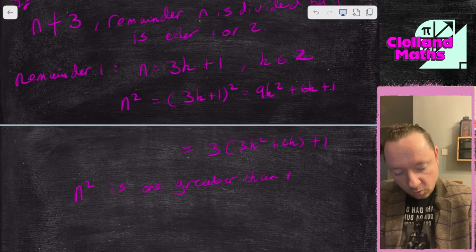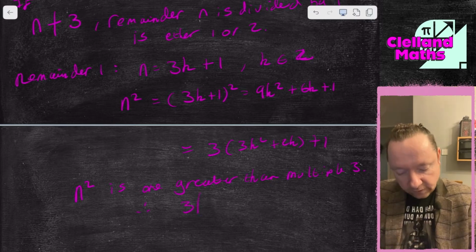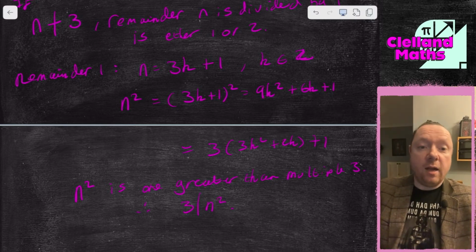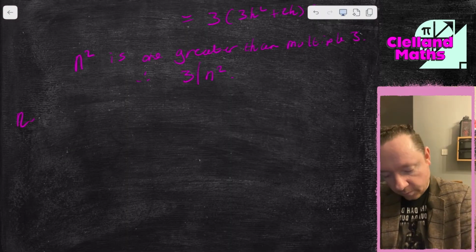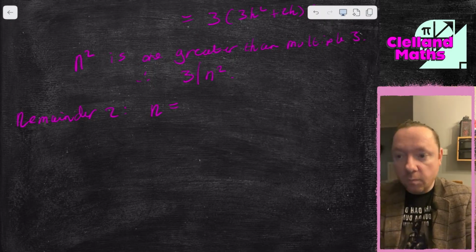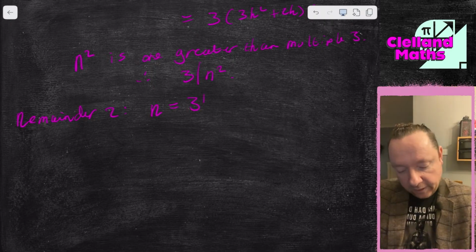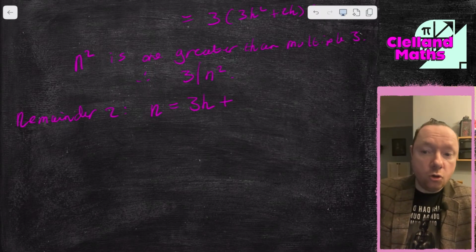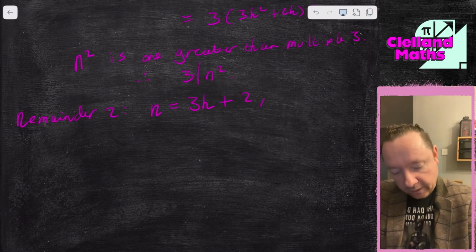One greater than a multiple of 3, then 3 doesn't divide n squared. And then we'll just check what happens when the remainder is 2. So for remainder 2, n must equal some number 3k plus 2 for some k a member of Z,